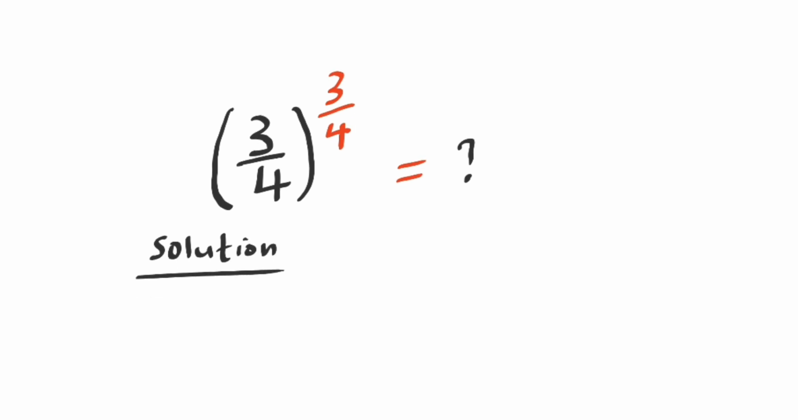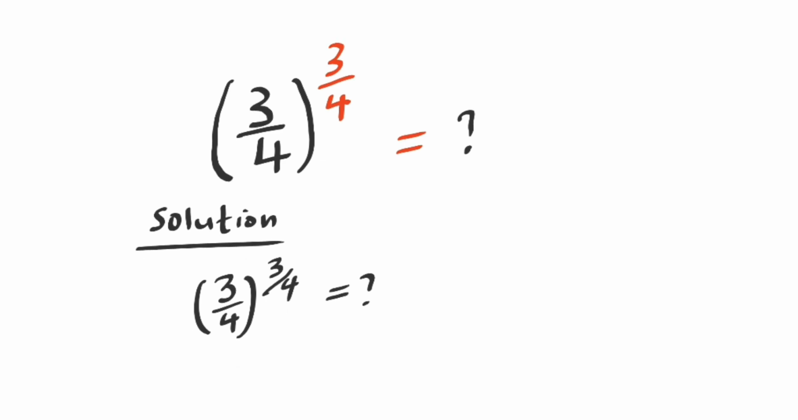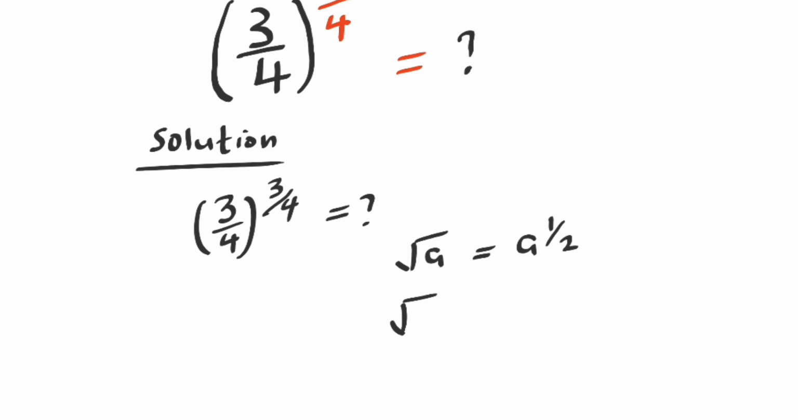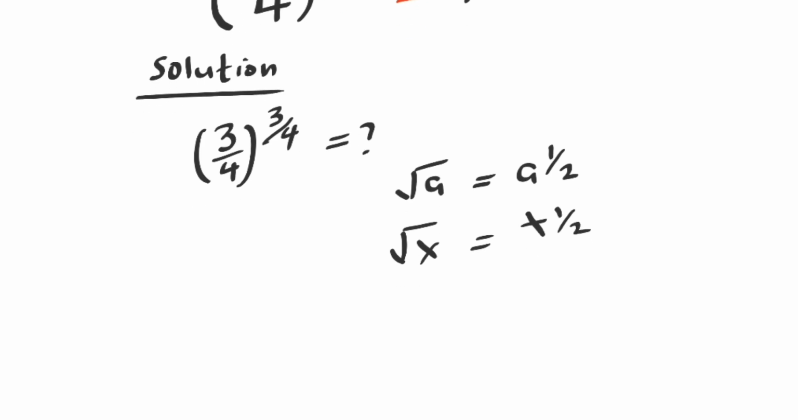We have the given math problem, (3/4) all to the power of 3/4. Take note that if you have the square root of a, this is equal to a raised to the power 1/2. The square root of x is x raised to the power 1/2, and the cube root of x is x raised to the power 1/3. Therefore, this can be written as